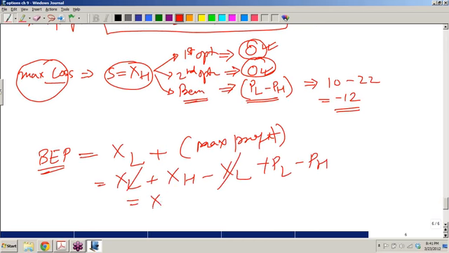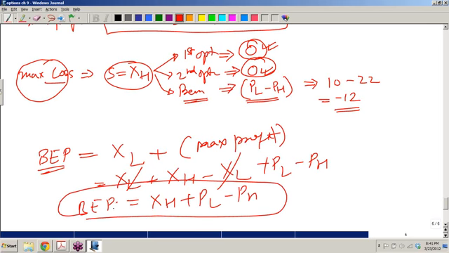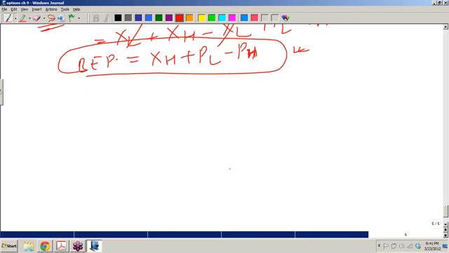So this is your break even point, sorry, not break even profit, but break even point. Correct? Okay. Now